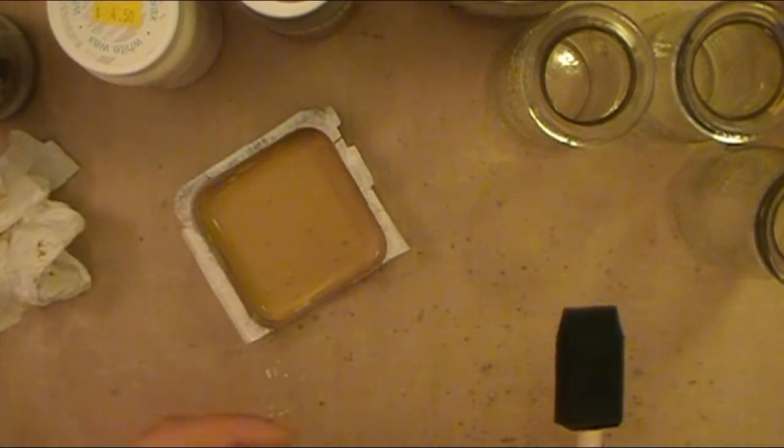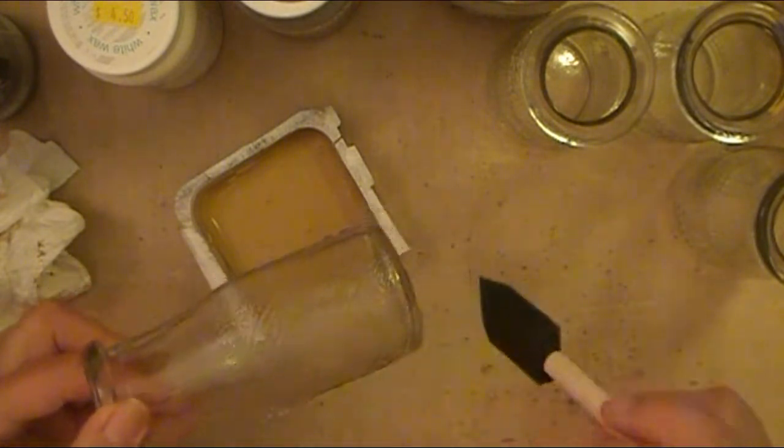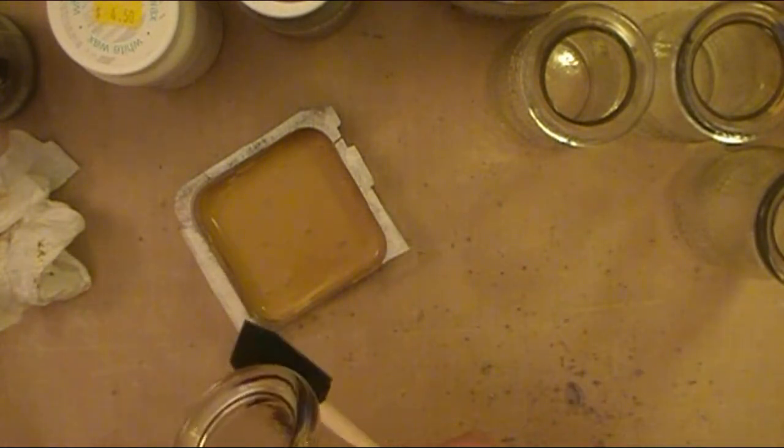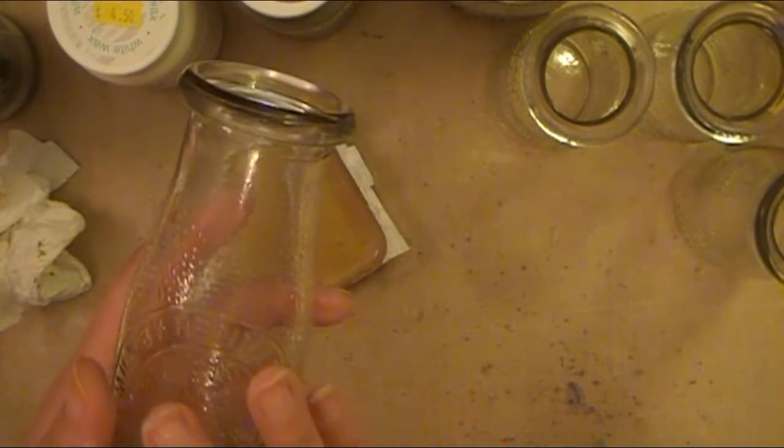So I'm just going to simply grab the jar, and I'm going to use the foam brush, and I'm just going to swipe down here. Now I don't think I really want it to be up high. I'm going to kind of stop up here where the embossing on this glass stops, because what I'm going to do is paint this on, and then I'm going to let it dry,